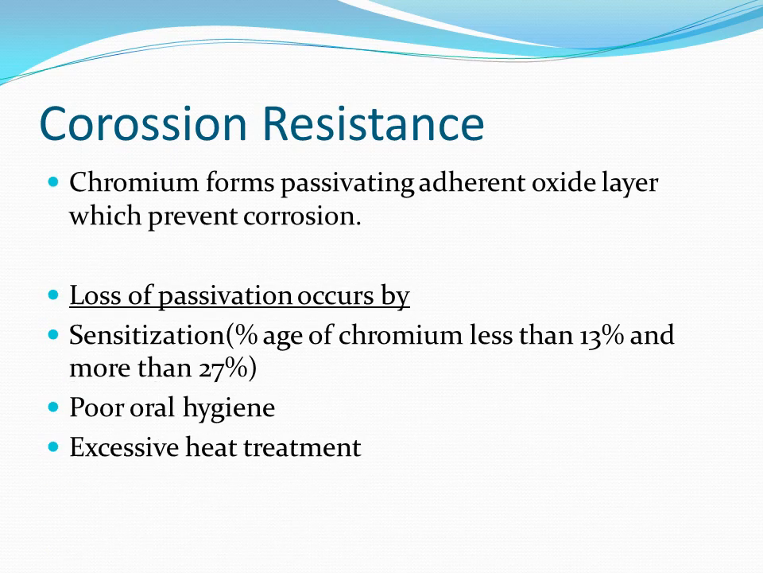Now, if you can recall, chromium has the role of providing a passivating effect or a protective effect by forming an adherent tenacious oxide layer which prevents corrosion, and this imparts the corrosion resistance in the alloy. This is called passivation. However, loss of passivation may occur, and that is called sensitization. So the opposite of passivation, or the loss of passivation, is known as sensitization, and it can occur due